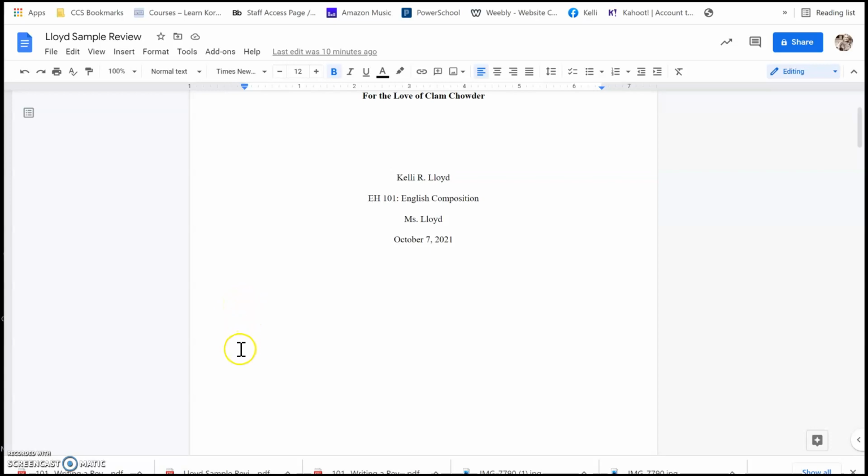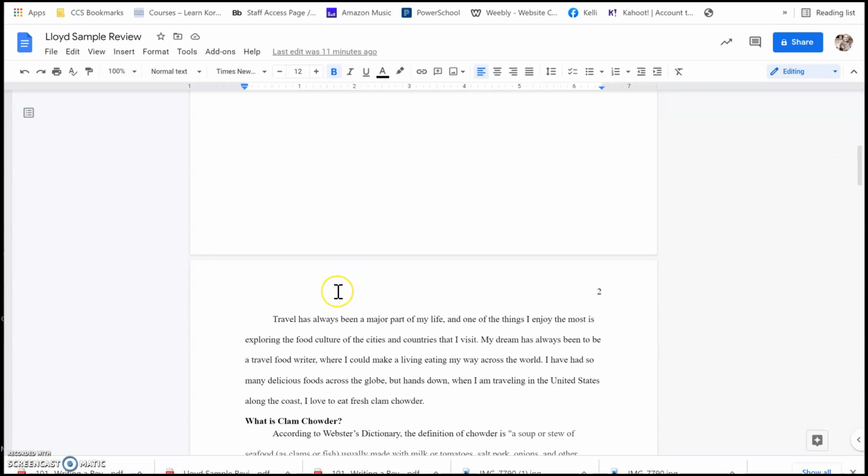And I am going to be using that checklist that is on the roadmap, that starts in number 5. Those questions that you need to use to critically examine your draft to make sure that I have all the elements that I need in order to have a successful review. So,